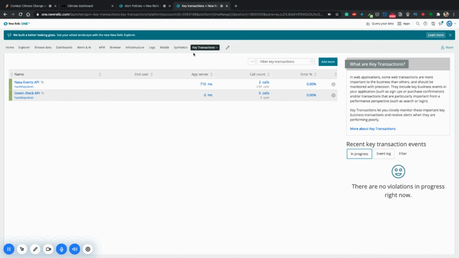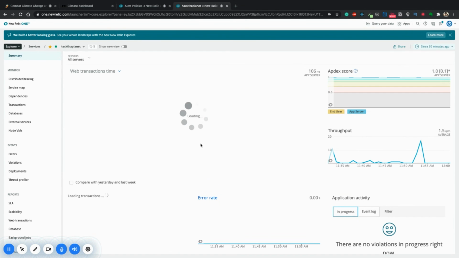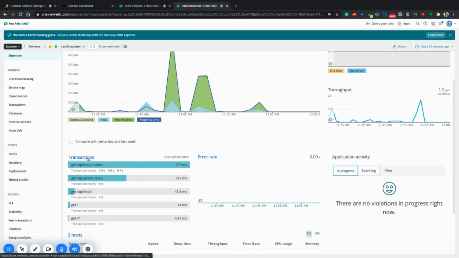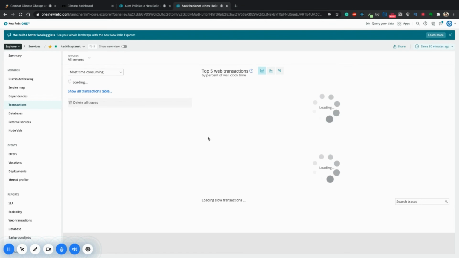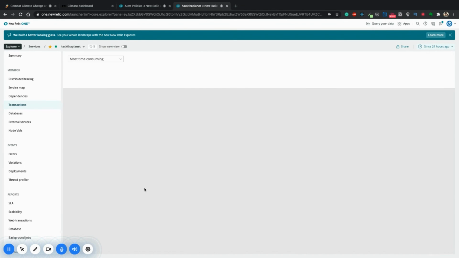Now, how would I come up with that time of 3 seconds? That is through this main page, wherein I go to the transactions and check the last 24 hours when I had got the error.